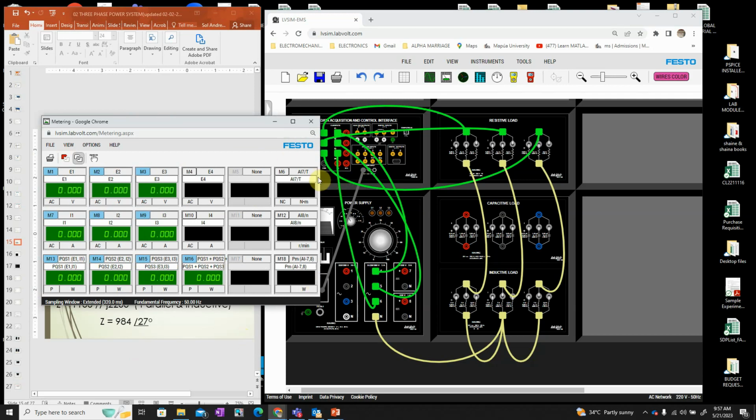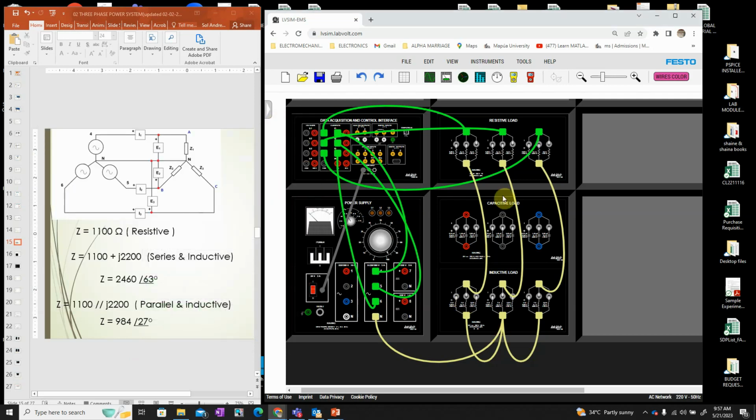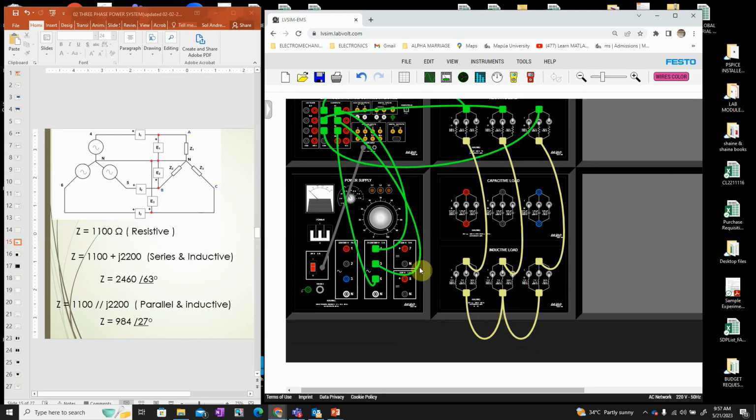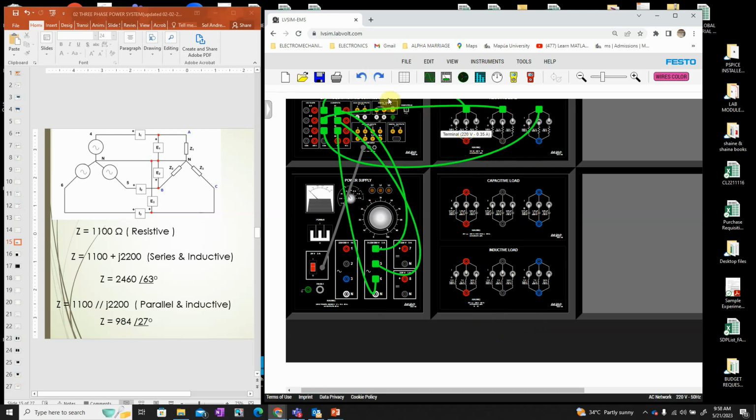Now, what about if I want to do a parallel connection? Parallel connection, what are you going to do? For parallel connection, let me just remove again this one. So, I'm going to make it in parallel. Delete this one, delete all the stakes. Now to make it in parallel, I have to bring back here the neutral wire,